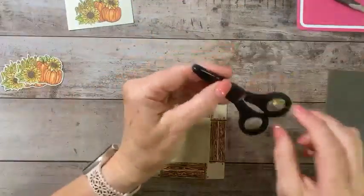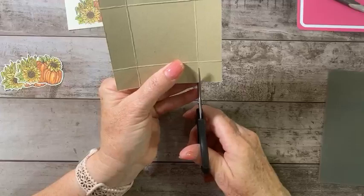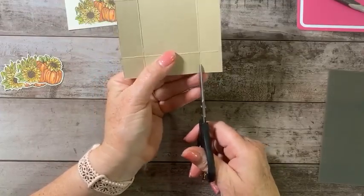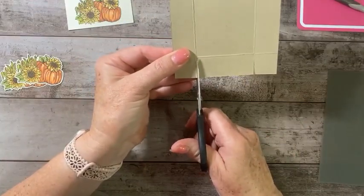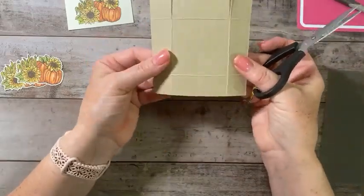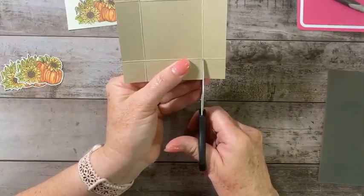We'll grab our paper snips. And I like to cut from the inside. It's just easier for me. And I'm going to snip up on this score line, this first outside score line to the first score line horizontally. So up on the vertical to the first horizontal. And I'm going to do that on both sides. And then I'm going to rotate it 180 degrees, and I'm going to do the same thing